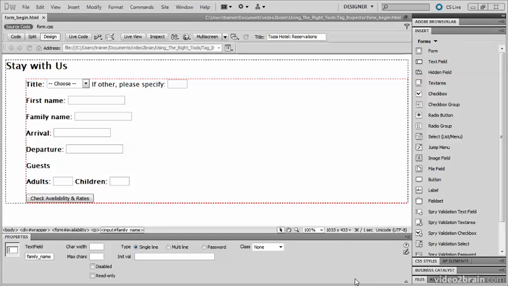HTML5 not only adds new tags such as header, footer and nav, it also increases the number of attributes that can be applied to elements. This is particularly true with regard to forms. Although Dreamweaver CS5.5 supports all the new tags and attributes, you need to look beyond the property inspector to access